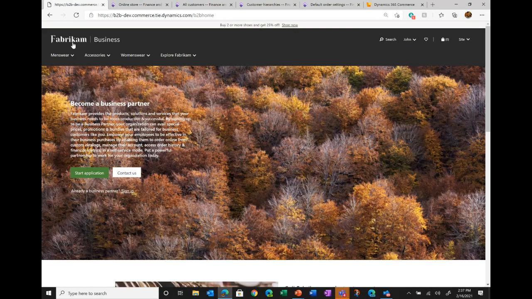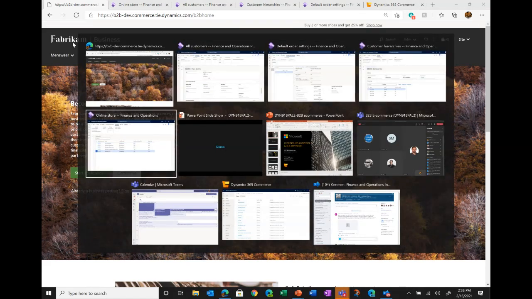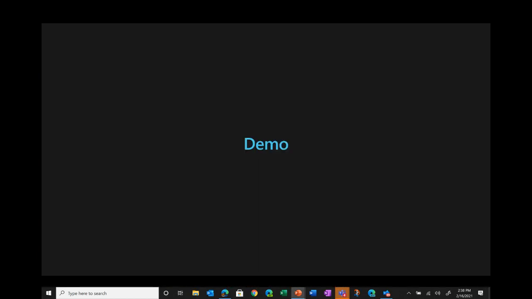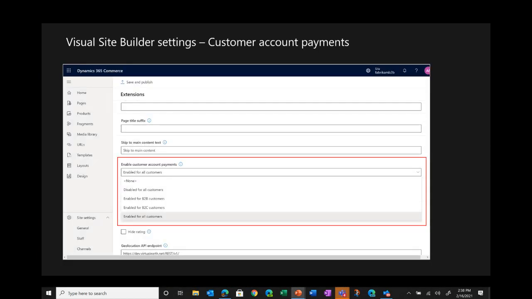Starting April 2021, when the product becomes generally available, with every monthly update that comes after April, there will be additional functionalities that we will keep enabling for B2B e-commerce scenarios on our platform. So that was a quick demo of what we have built and how it is all coming together. Going back to my slide.